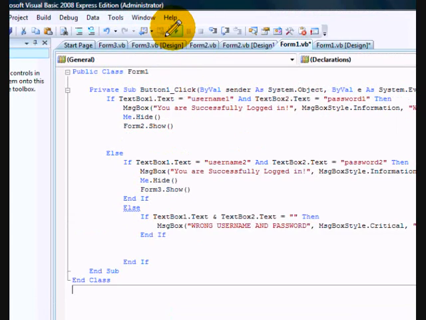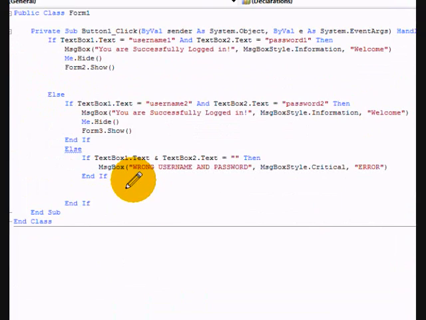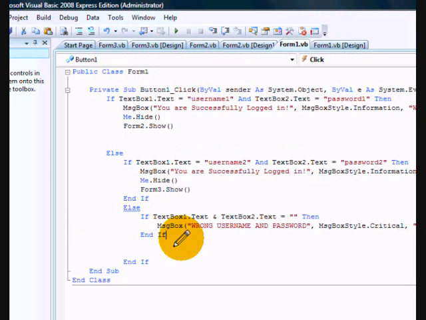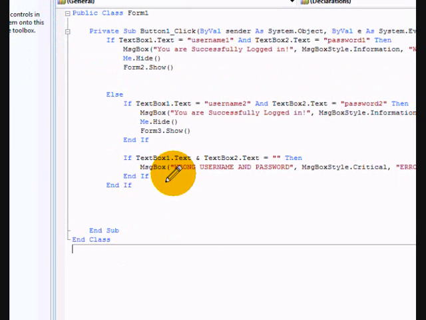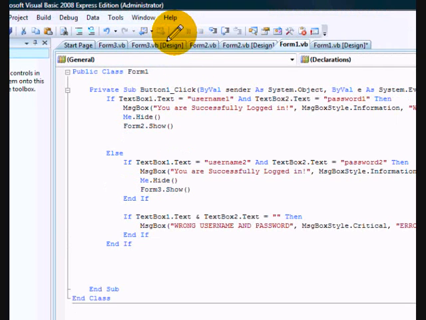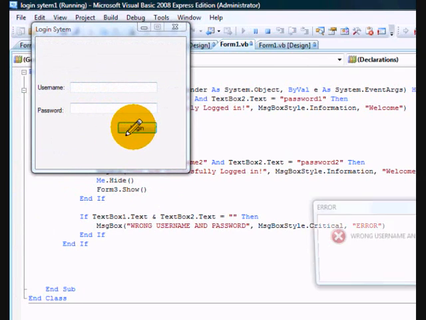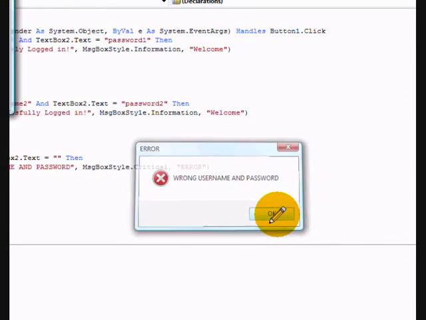Right, if there's nothing in the text boxes, let's take that off. Right, so that's what it should look like. And you start debugging it, and hopefully there's nothing in the text boxes. Hey, wrong username and password. And this is the concept I've used for my YouTube subscriber, which is